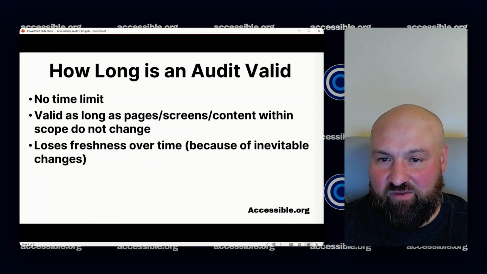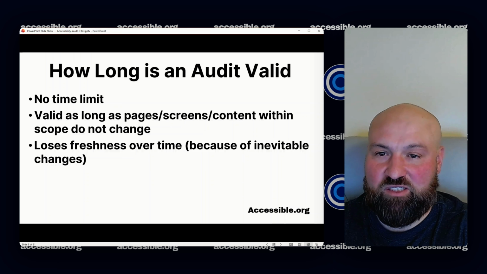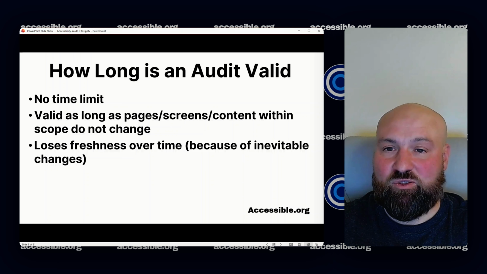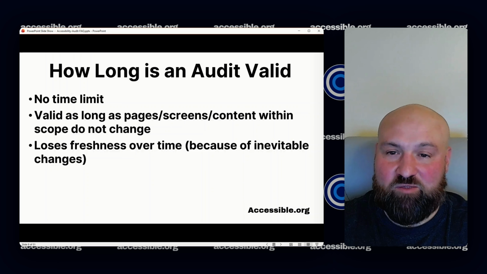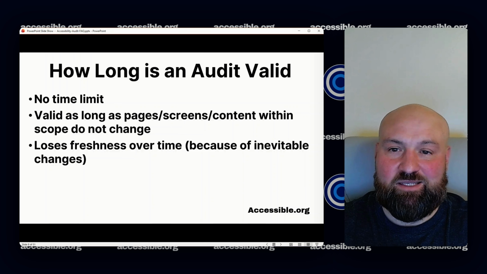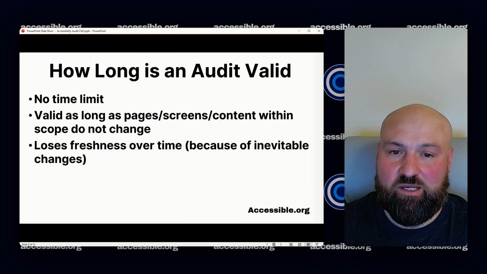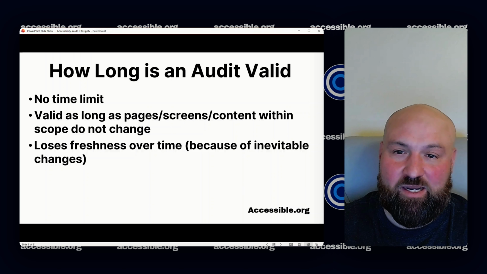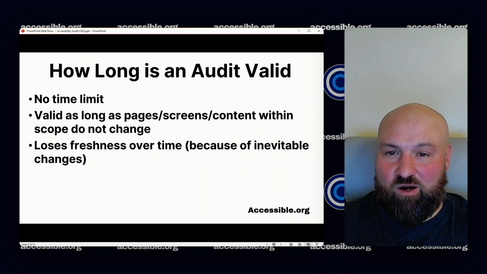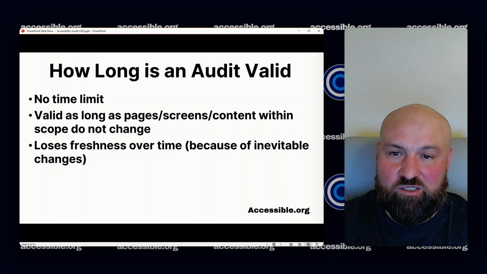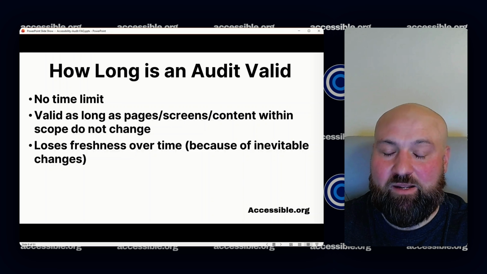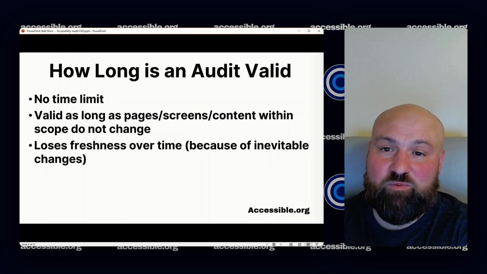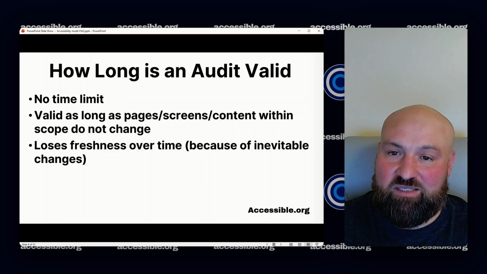This is a list of issues that have been identified on your digital asset, and you want to fix them as soon as possible because what happens with most clients, their digital assets are not static, they are changing. And we want to make sure that we have all of the accessibility issues remediated before any further changes are made. Because if we make those changes while we're remediating, then it's going to tamper with the audit results because now we don't know what has been audited or what hasn't been. It gets very difficult to track, especially as more changes are made.